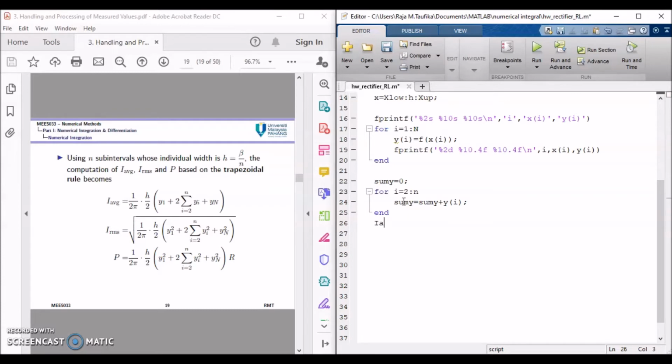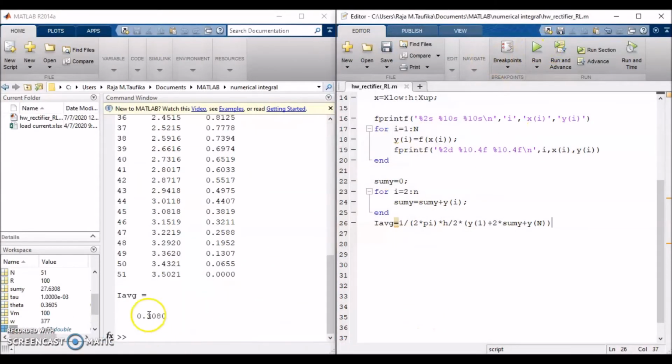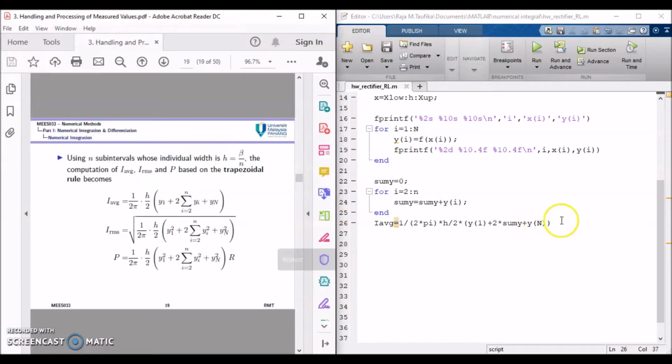and we can get the average value for the currents equals, so we follow this formula, 1 over 2 pi times h over 2 times y1 plus 2 times sum y plus y big N. Okay, let's check the command window and see what we have so far. So this is the average current according to the trapezoidal rule,